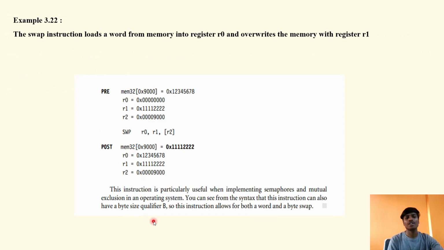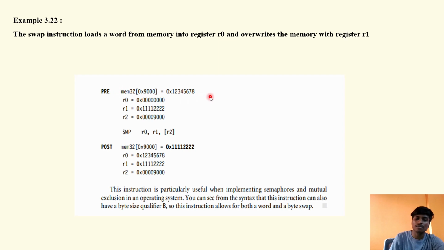The swap instruction loads a word from memory into the register R0 and overwrites the memory with the register R1. So as you can see, the swap instruction loads a word from the memory into the register R0 and overwrites the memory with the register R1. We have a pre-statement, or the pre-code, which is written here. So we have memory locations with the values